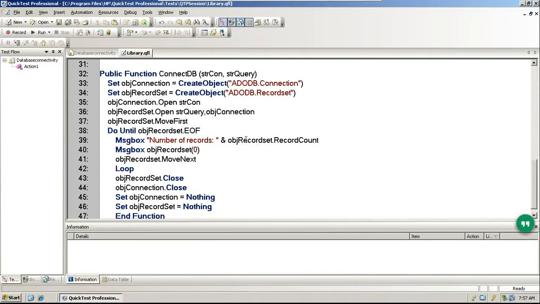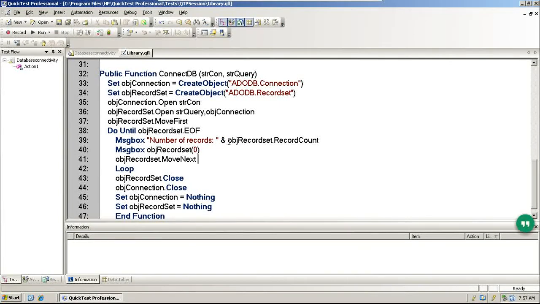What is the object record set? First of all, you have to dig down into it. What does the ampersand object represent? Record set is like where... Yeah, go on. Ampersand is for concatenating. No. Ampersand is for variable. This isn't a variable, right? That's the indication for it. It's not concatenation. Concatenation is plus. Ampersand is not the concatenation operator.